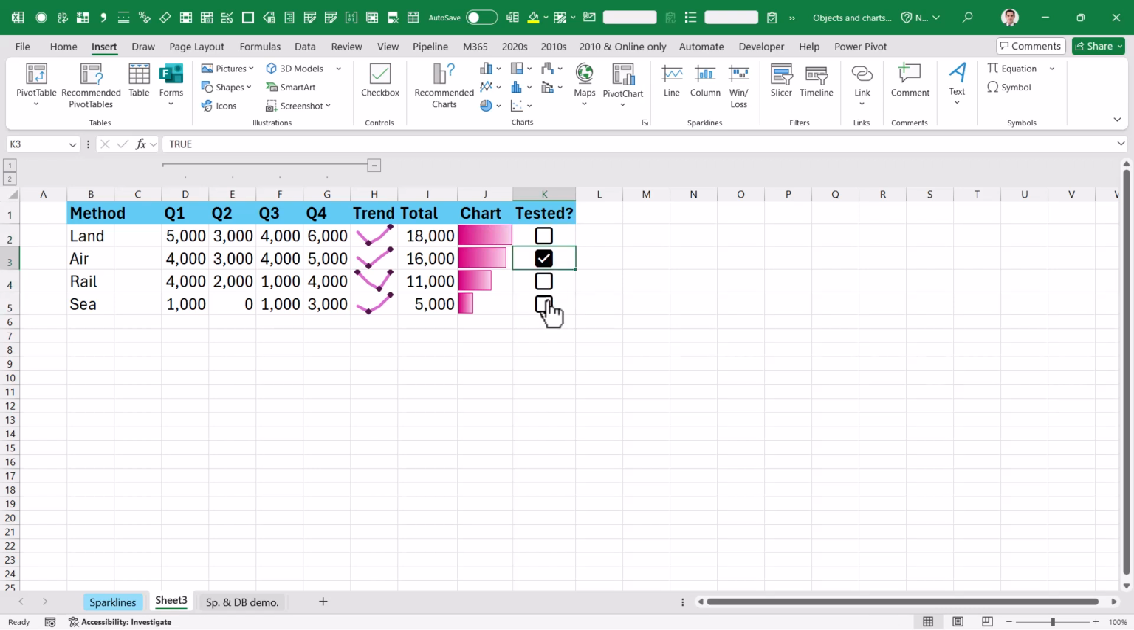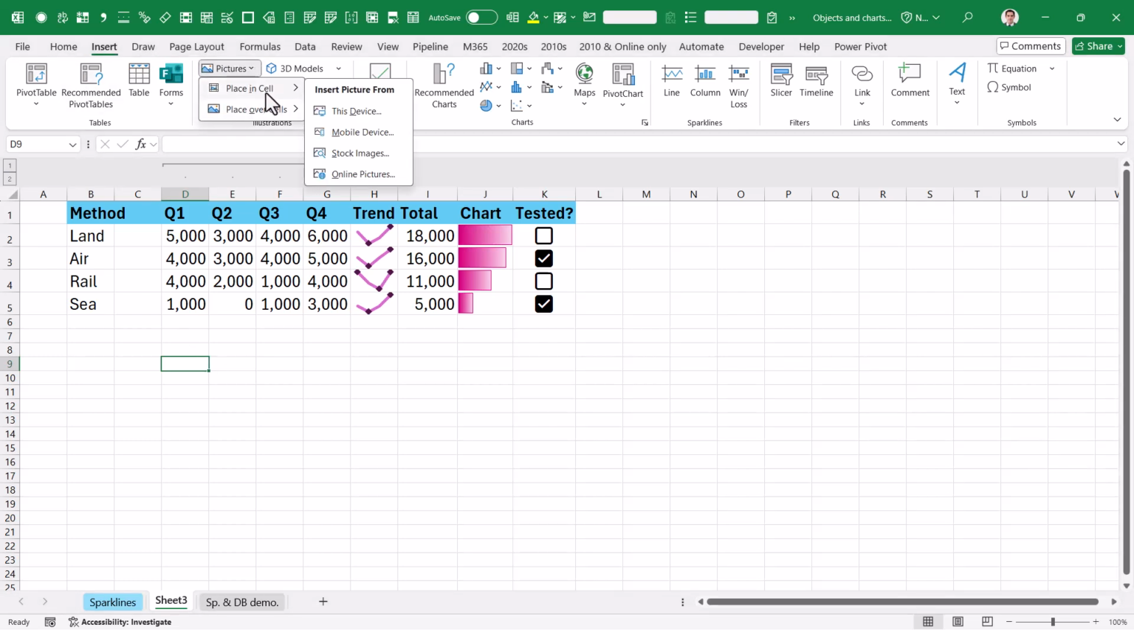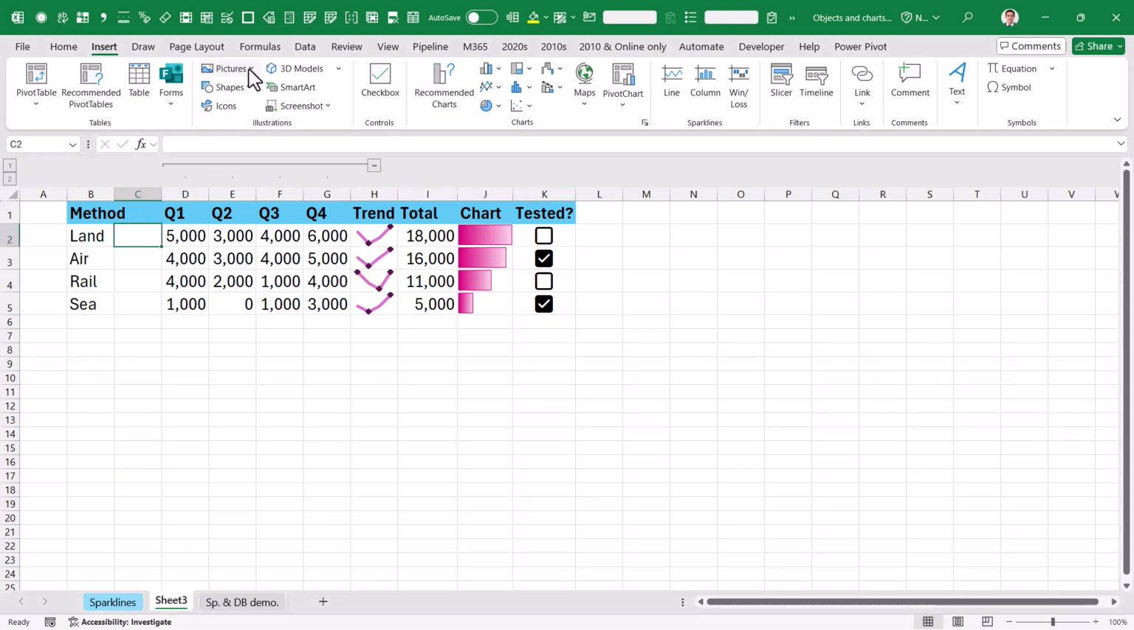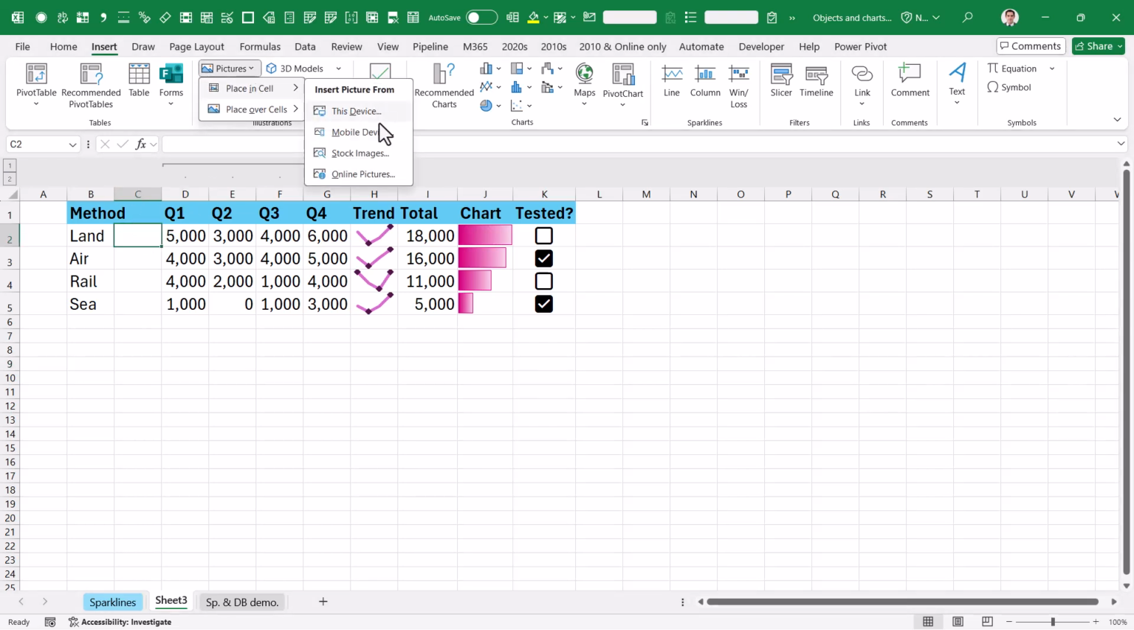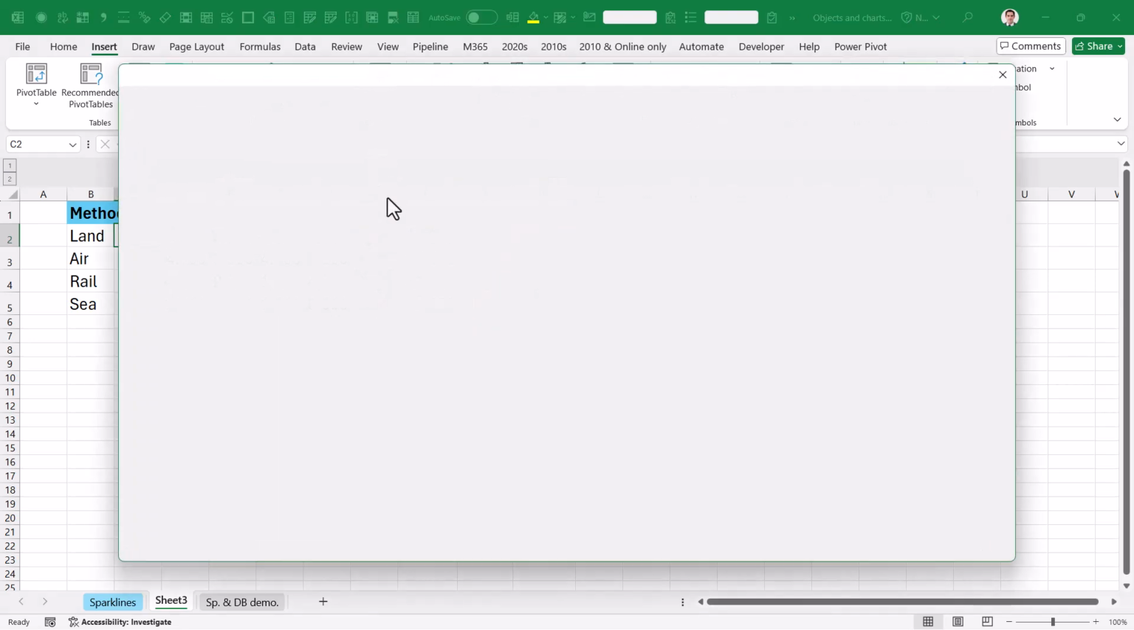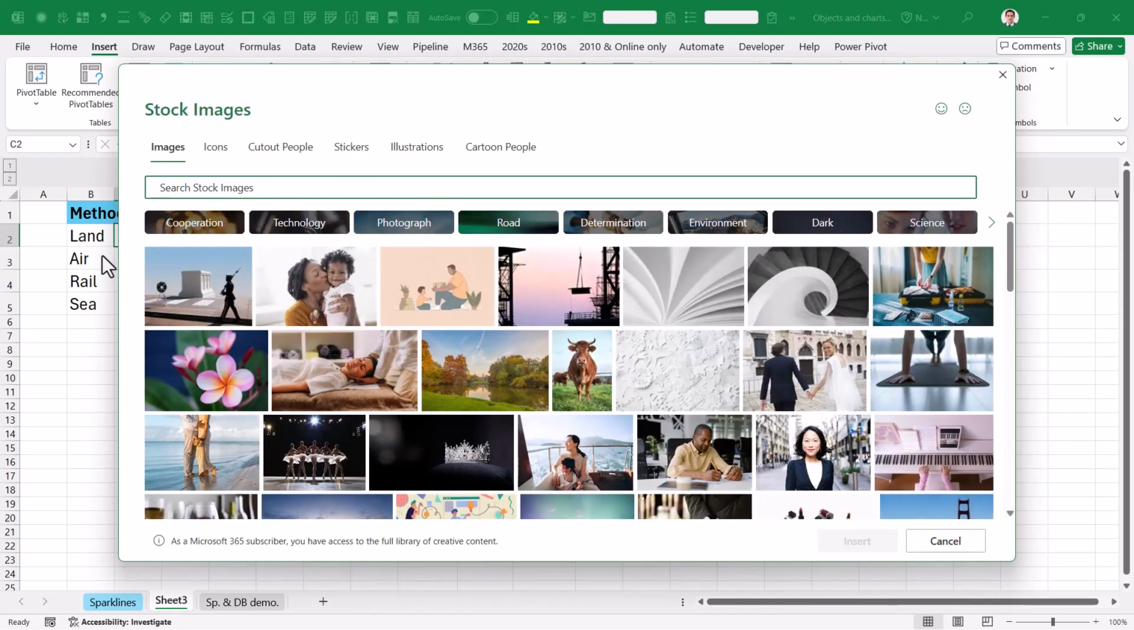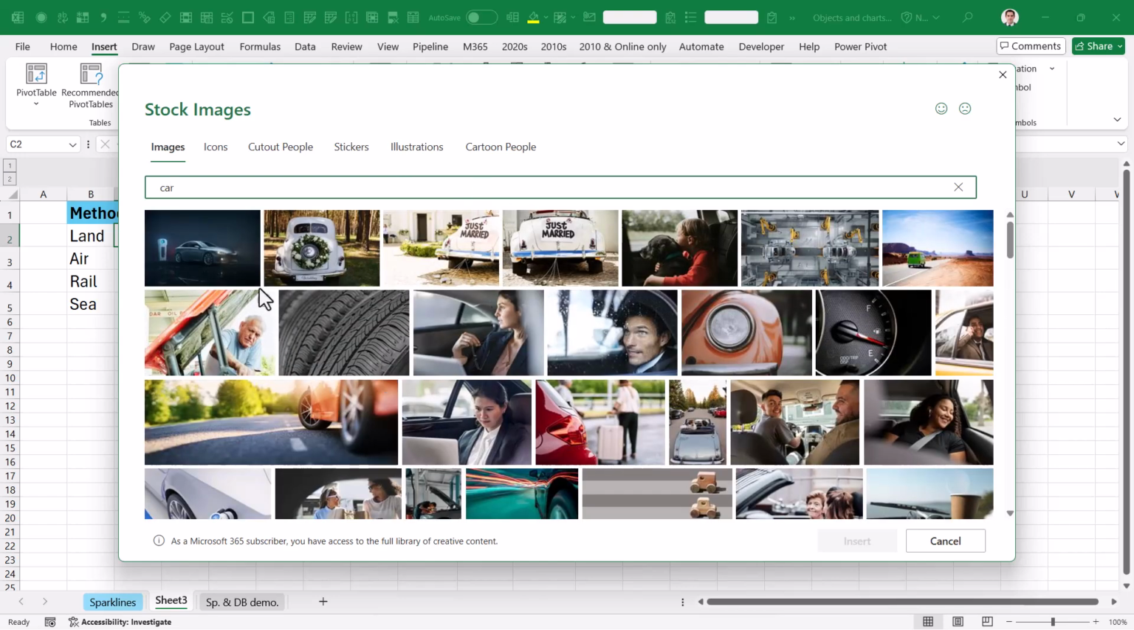All right, and then we have the ability to put images inside the cells as well. So for the longest time, you've been able to insert images into Excel, but now you can place them inside the cells. So if I select the cell that I want, I can go to place in cell, which is probably not the best name for it in my opinion. And then you can go to stock images, and we have land, air, rail, and sea. So you can search for them in these big stock images. These will go inside the cells. So if I go, for example, for a car, let's go for this one,